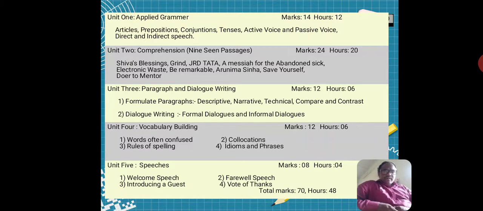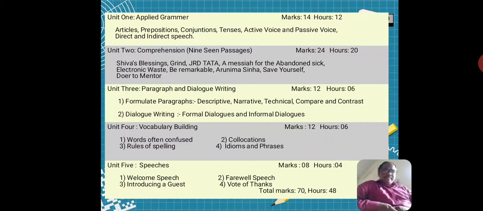Then comes Unit 2. It is about seen passages, that is comprehension. We have 9 seen passages which carry 24 marks, and we have to complete this unit in 20 hours.